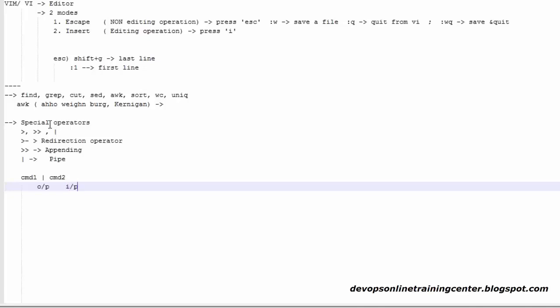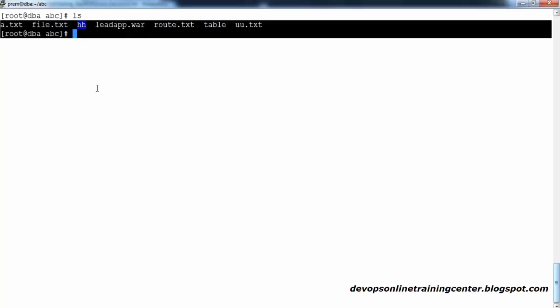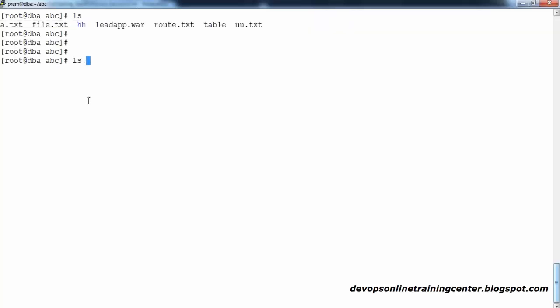I'll explain the command in detail. Now look at this: ls. Can you see the output, some files and so on? Now somebody may ask you a question: could you please print the number of lines, the number of words, or the number of characters in this output? It's tough to count manually, but I can easily do it with wc. What do I mean by this? See, ls will print some console output, right?